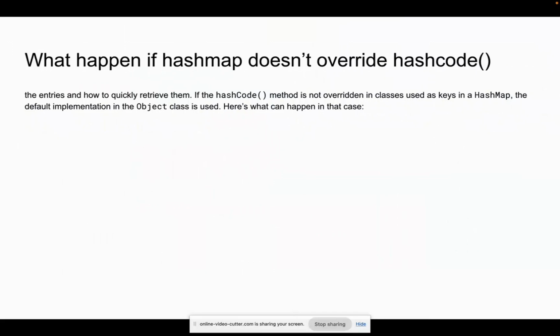The definition is: if the hash code method is not overridden in classes used as keys in the HashMap, the default implementation in the Object class is used. Here, what can happen in that case? So now I could add a class, but if we directly go through a definition, I don't think you can understand. So I create